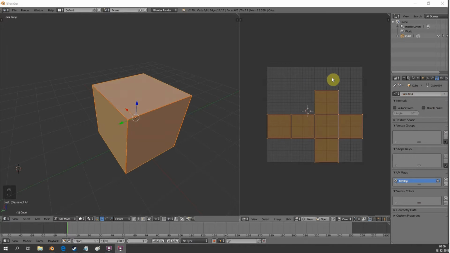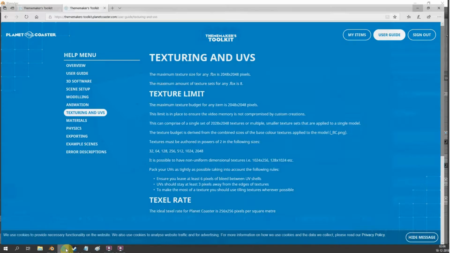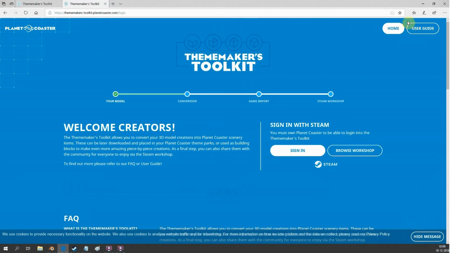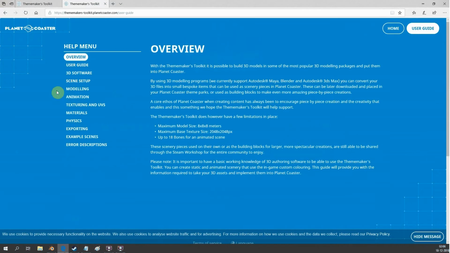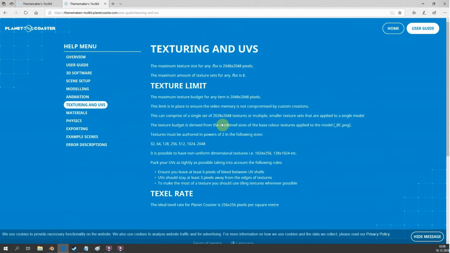I forgot to mention the last time, but when we go down to the user guide of the toolkit, let's go there. It does say something about trying to keep it off the edges, so many pixels, and the UV should stay at least 3 pixels away from the edges of the textures. And also it needs some room in between